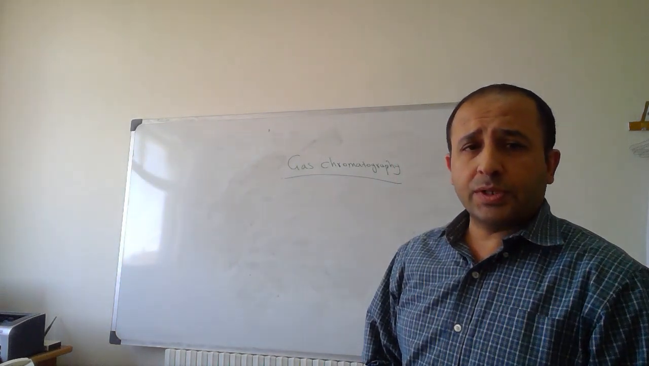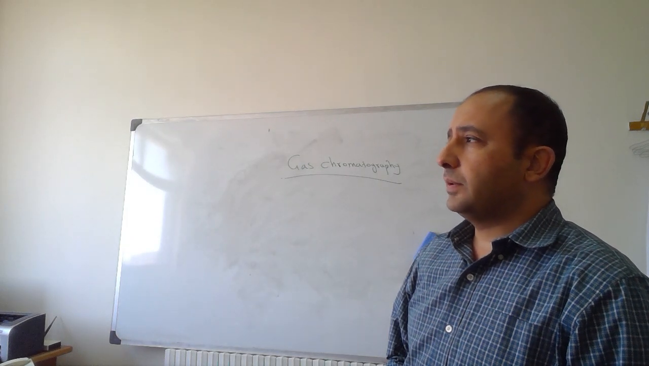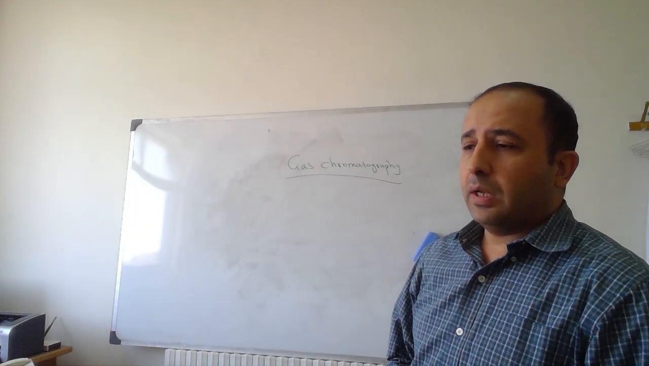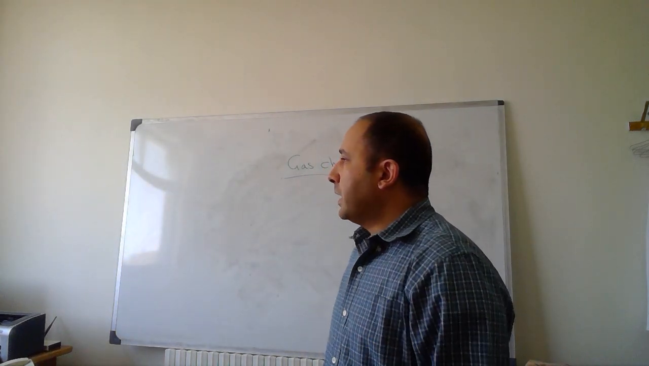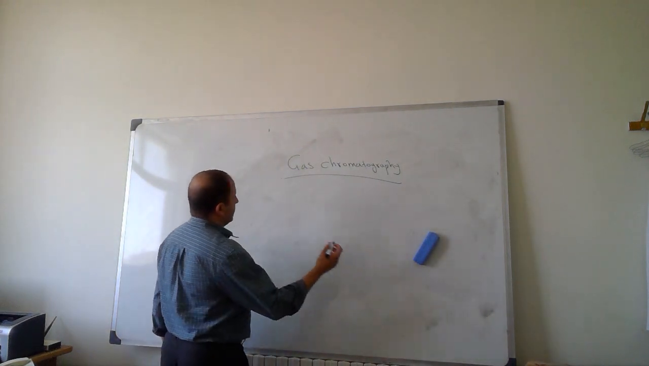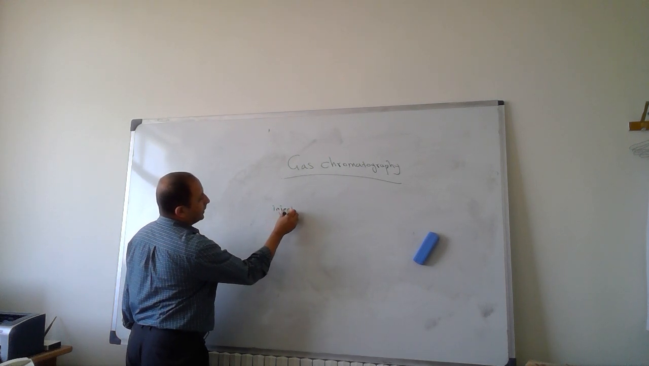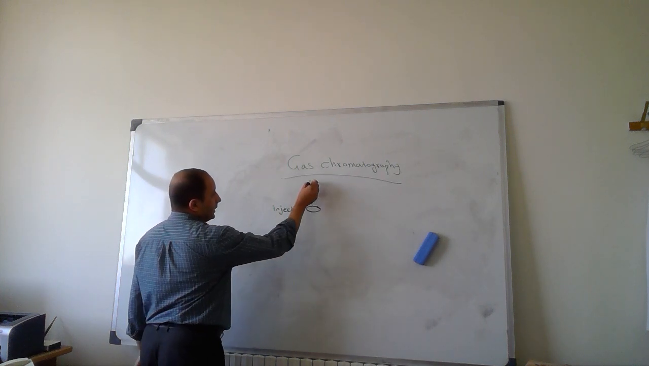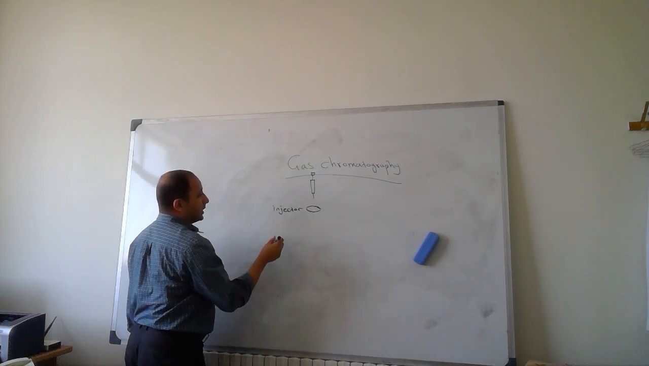This is one of the most expensive instruments, and it costs sometimes more than $200,000. So the main anatomy of any gas chromatography is the injector. We have the injector, and we introduce the sample here by syringe,